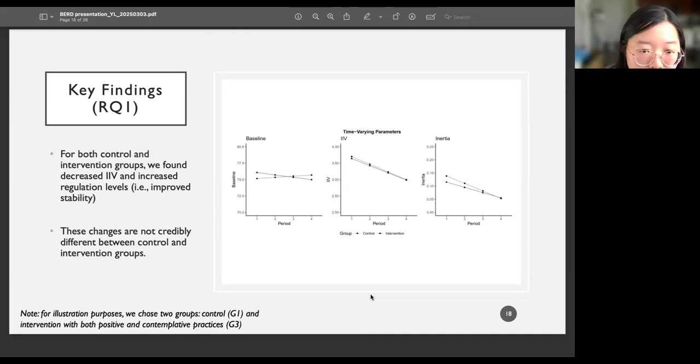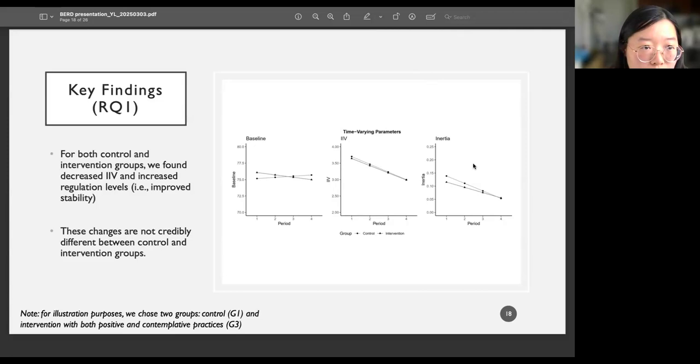So for both groups, if you look at the plot on the right, we see a decrease in their IV level, and also a decrease in their inertia level. And both of them indicate improved stability in their meaning of life dynamics. But we didn't find any credible increase or decrease in their baseline level. So if you look at the average level, you may not notice a very obvious change in the mean level on average. And we also didn't find that these changes are different between the control and the intervention group,